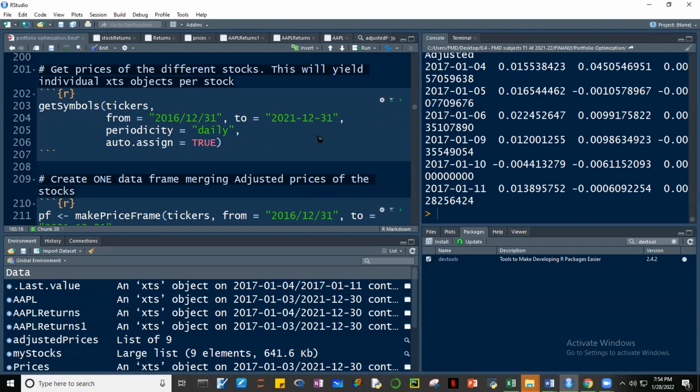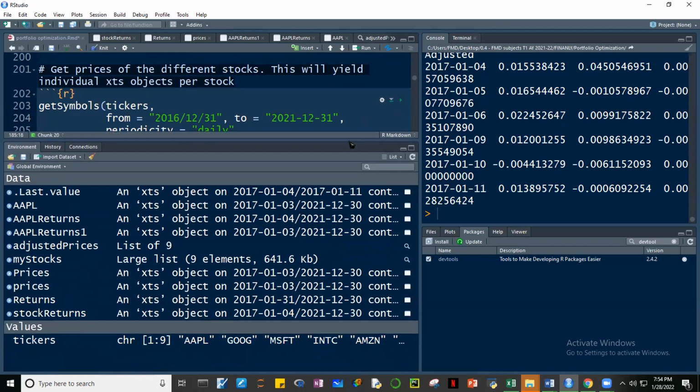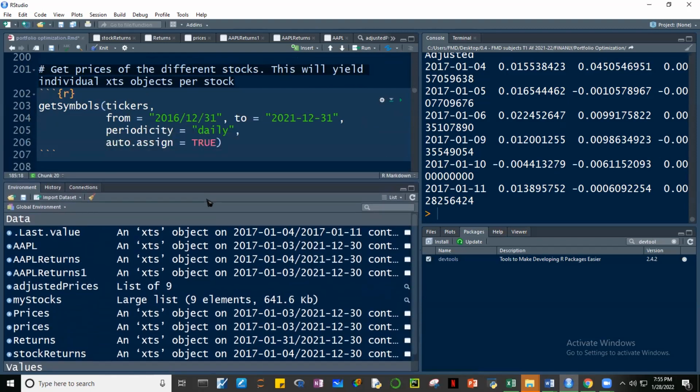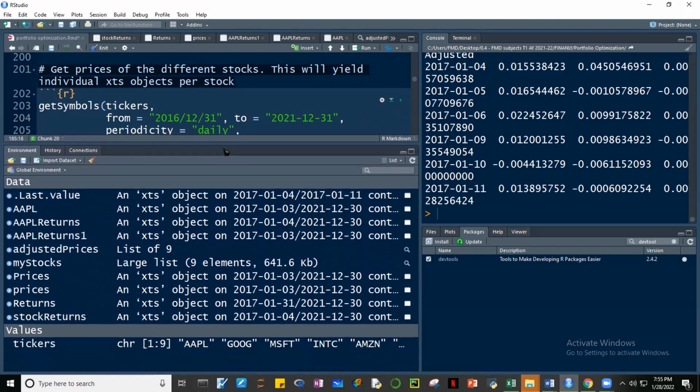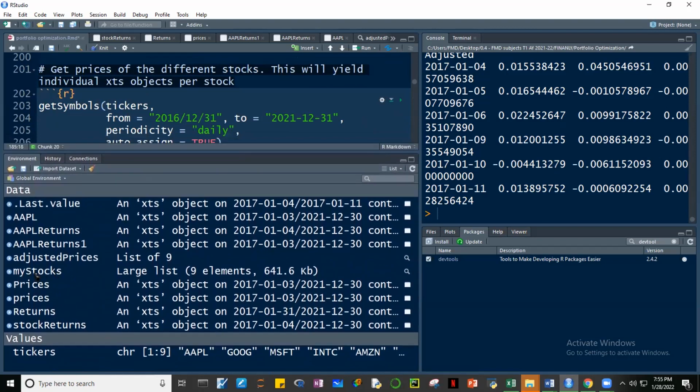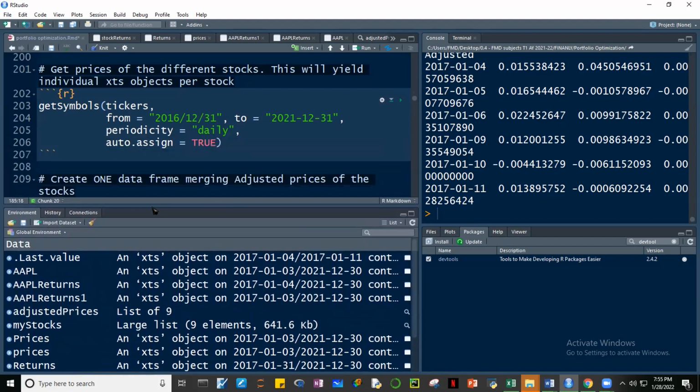Okay, for example, here we're going to get the... let me explain myself first. You notice that we have the Apple object in our data, but we don't have Facebook, Intel, or Tesla individually, because we did not download them individually. What we did a while ago was download them as a list from my stocks, but we don't have them individually. So here, let's first